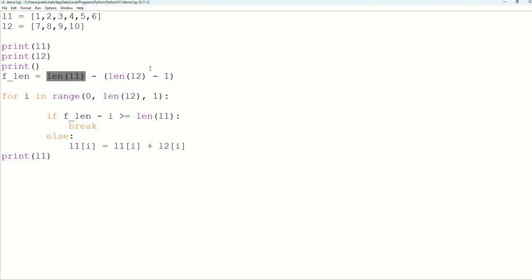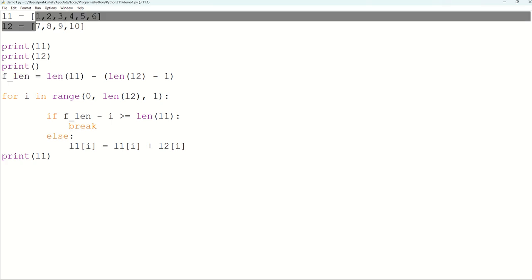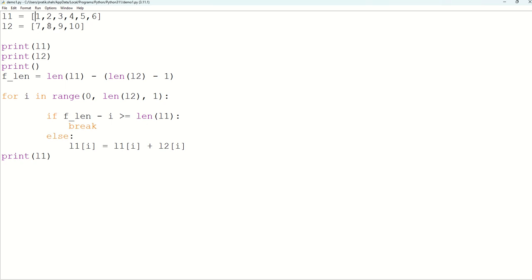Why do we require 3? Because index always starts from 0. So this is 0, 1, 2 and 3 index number. So we want our for loop also to work only from 0 to 3. So what we are doing over here is we are doing minus of those two things. One is length of L1 minus this, and we are storing our answer in the F length, so that we will get the addition of those places only, that is 1 and 7, 2 and 8, 3 and 9